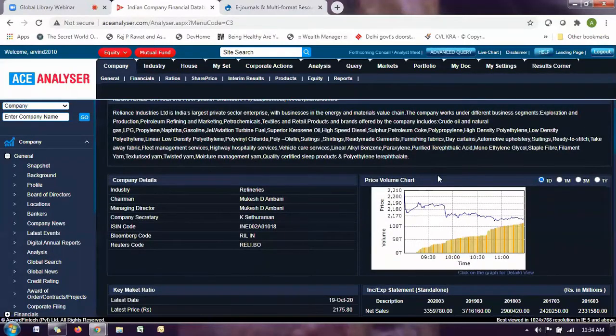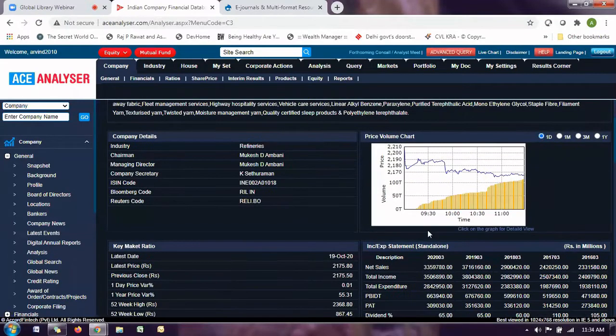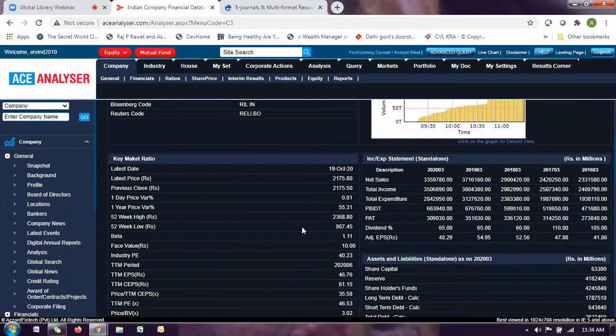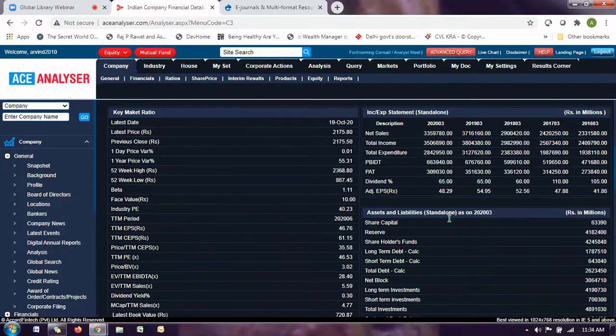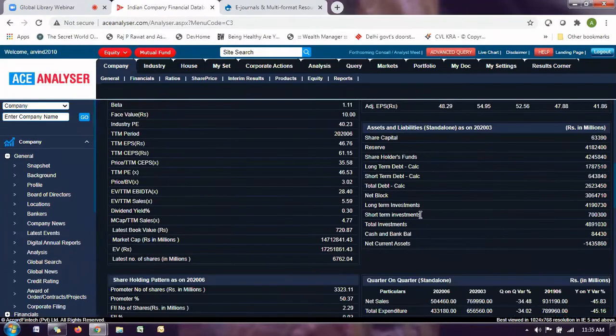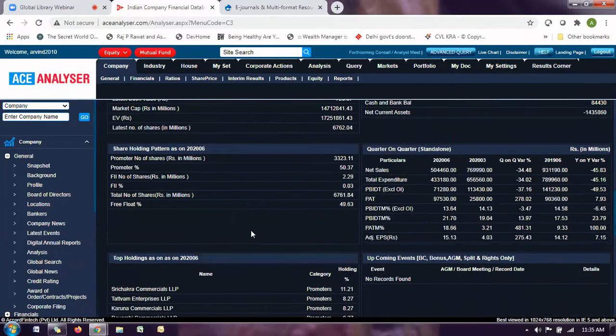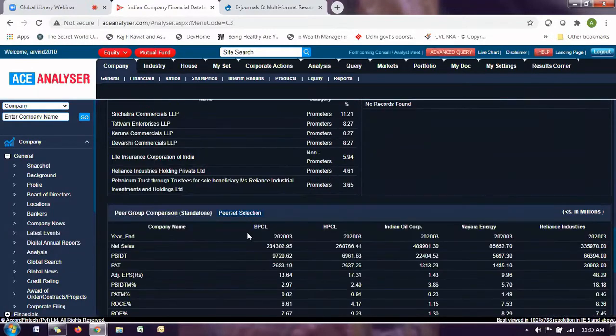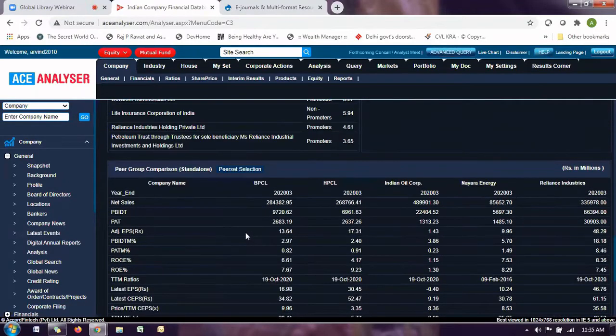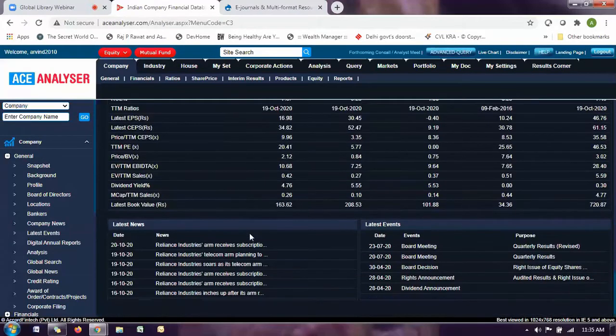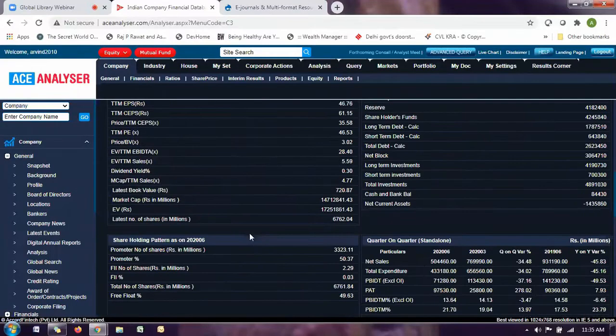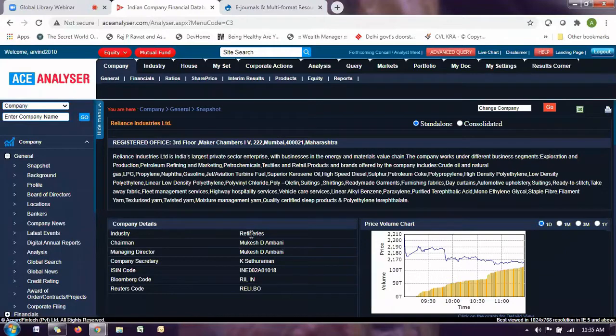So here what we are basically getting is again the basic details, price versus Sensex chart, important market ratios, brief income statement, asset and liabilities summary, shareholding, quarter one data, top holdings, main peer comparisons, that is companies below and above Reliance, then latest news and events. So this is a complete summary snapshot.